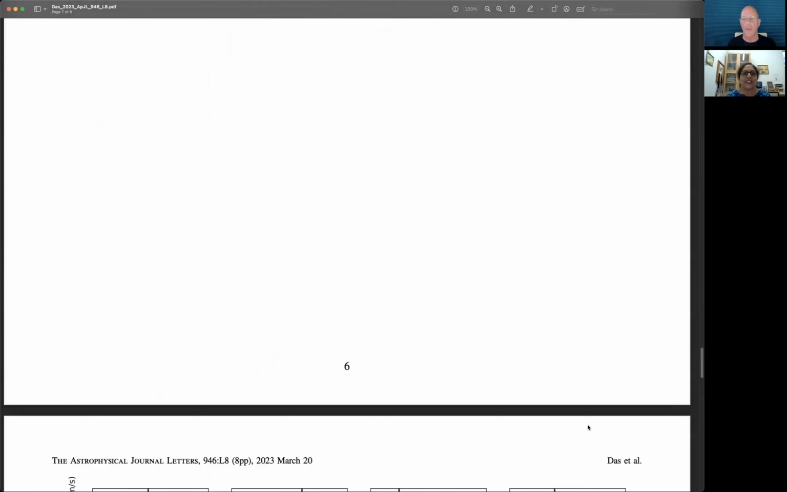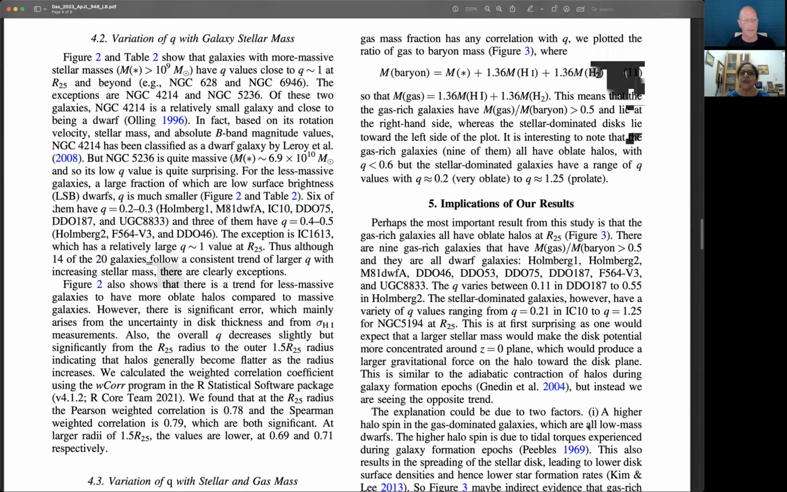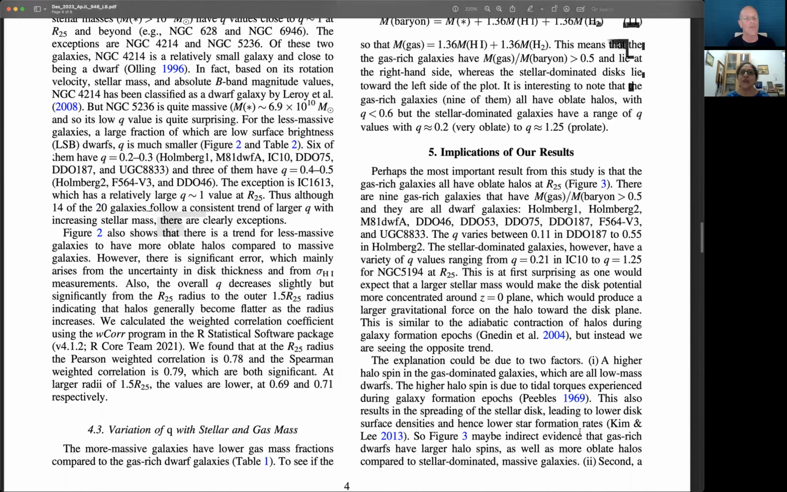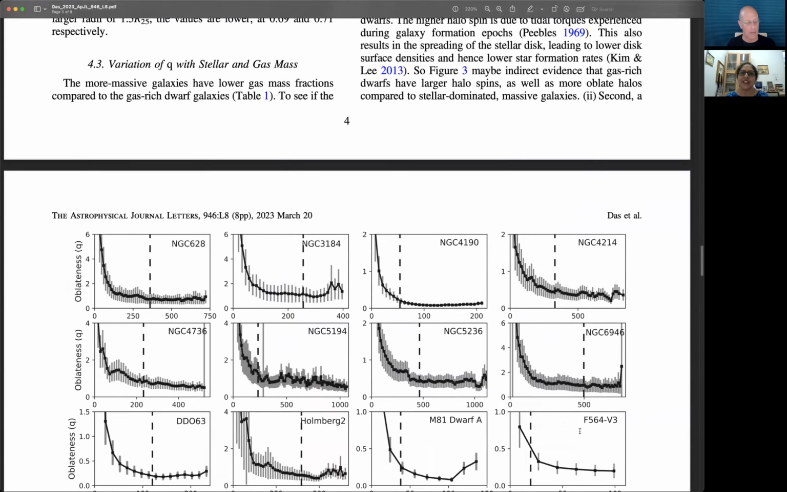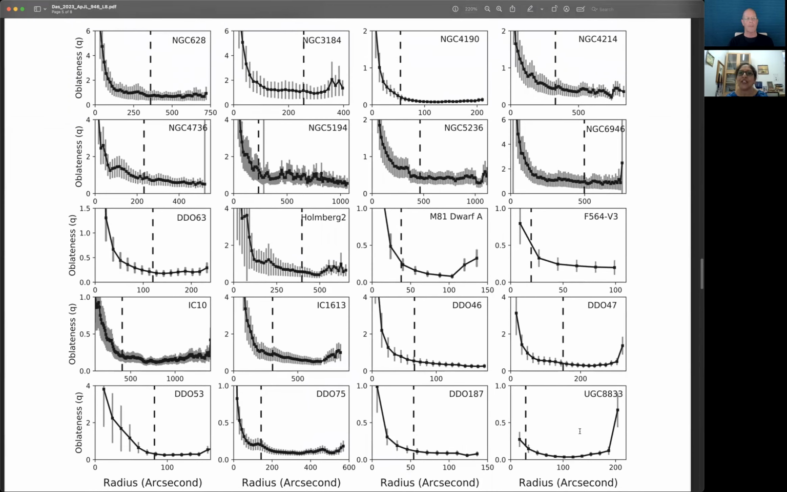So now we can just go back up and I can show you the plot. Yeah, let's do this one. We can stop here for a minute. So this is the plot of the oblateness, the halo flattening versus radius for our 20 galaxies. And so this is really our result. And what is surprising is that